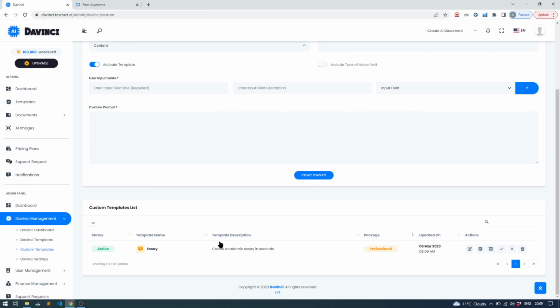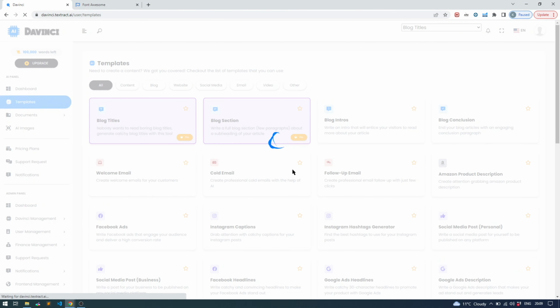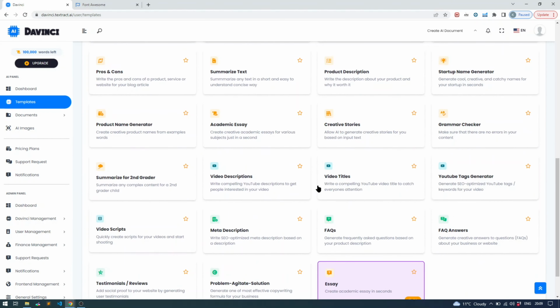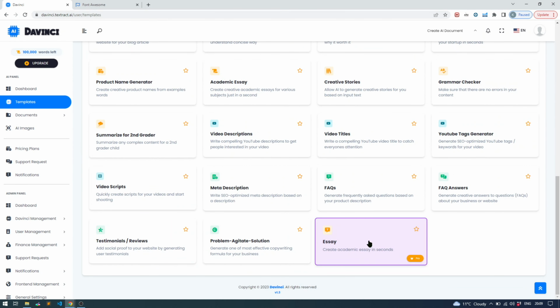Okay, our template is active and it's in a professional tier, so it should be visible with purple color. All the custom templates are added after the main templates because they're pulling from two different database tables. And that's it. So that's your essay that you created. If you click on it,